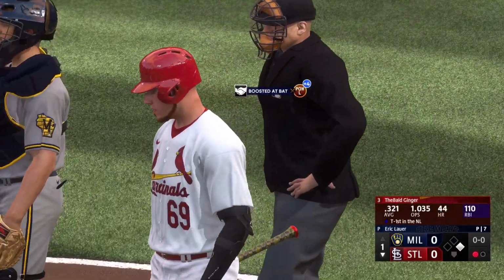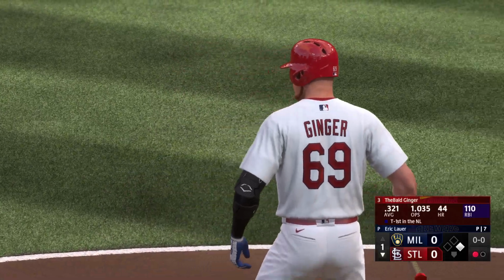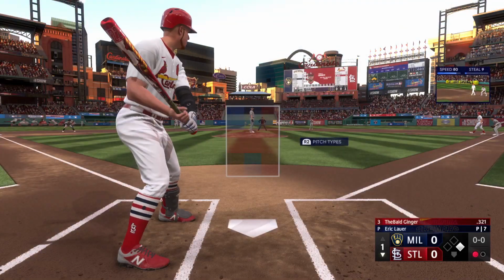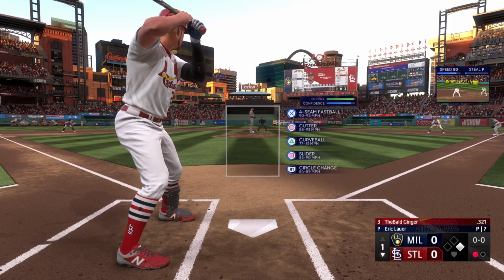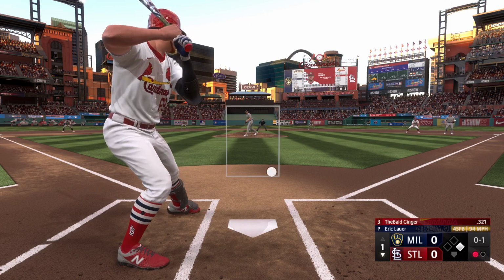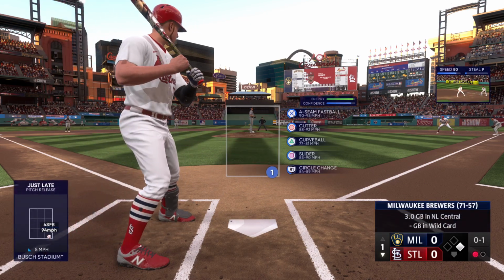Okay, bottom of the first, no score here. Got a .321 batting average coming in, tied for first in the National League with 110 RBIs at this point. Got a runner on first and only one away, and Eric Lauer on the mound. He's got that 95-mile-an-hour four-seamer, 93 on the cutter, 90-mile-an-hour slider, and a circle change at 89. First pitch is a four-seamer just above the knees on the outer third of the plate, but that's strike